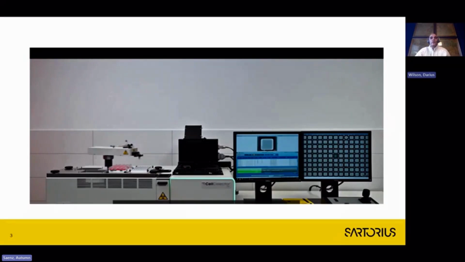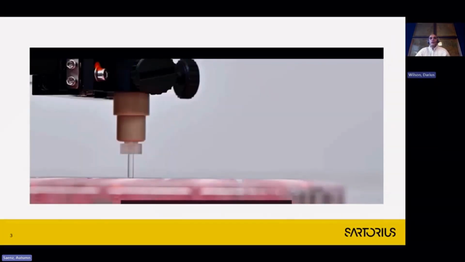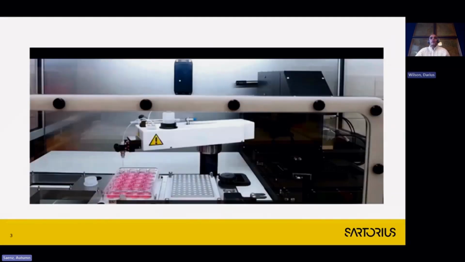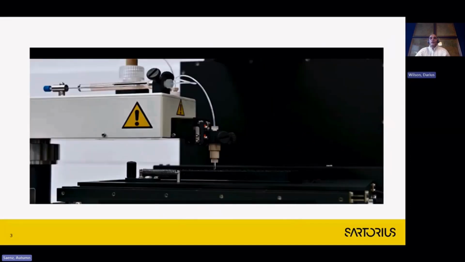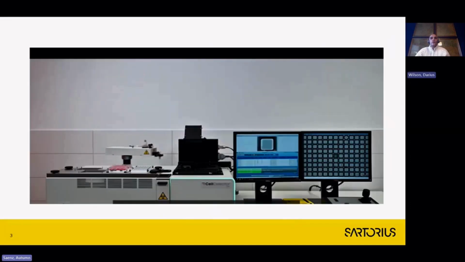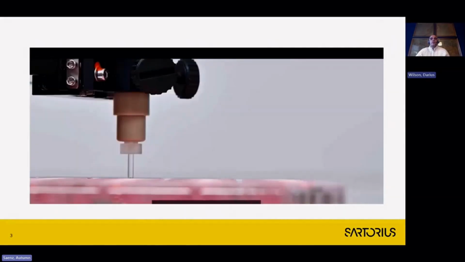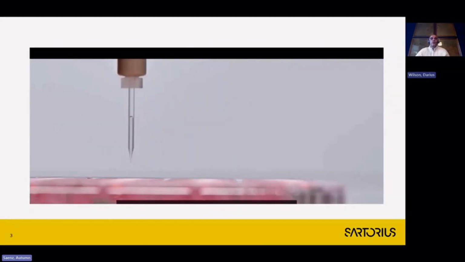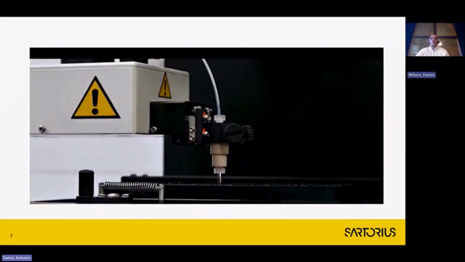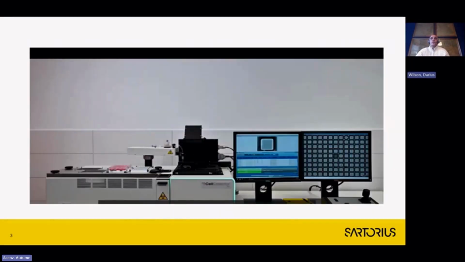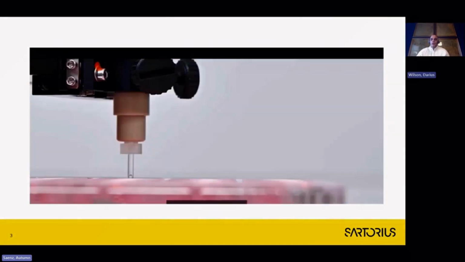Well, we have an instrument at Sartorius, which is the Cell Selector Flex. And as you can see here in the short video, the instrument picks from a plate, as we're seeing here, and transfers the organoid into a destination plate. Now, the advantage of this is that the transfer is gentle, is reproducible, and you can identify exactly what you want to be picking up front. So you're picking just the organoids of interest that you'll be looking to transfer and then monitor thereafter.